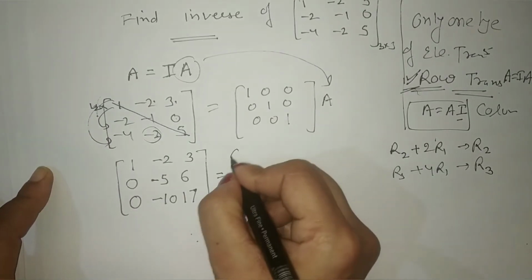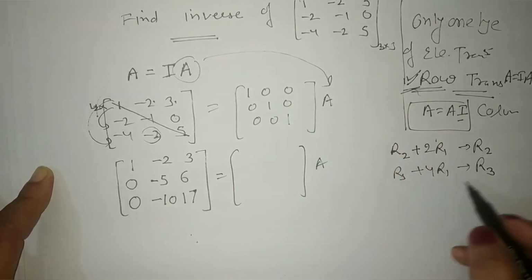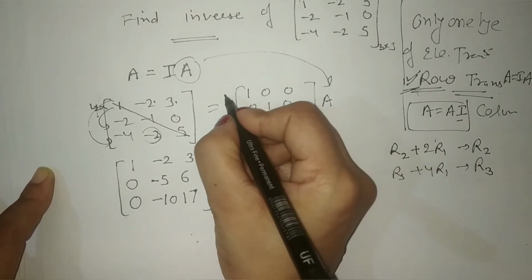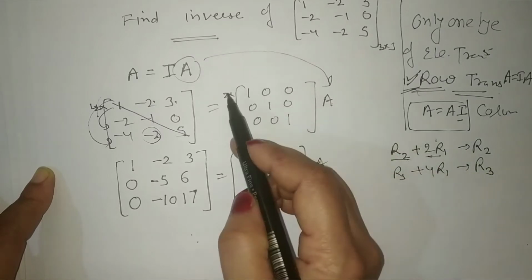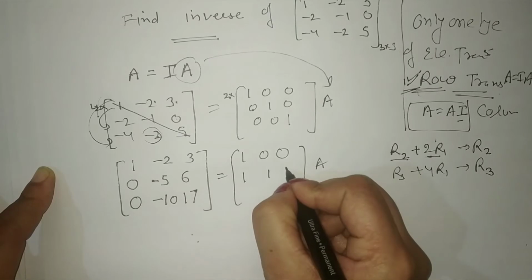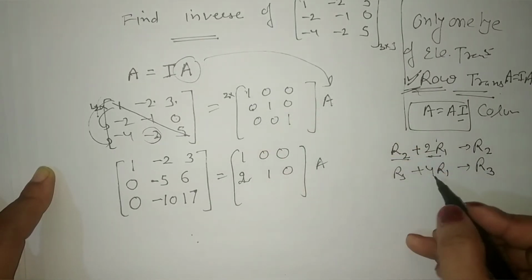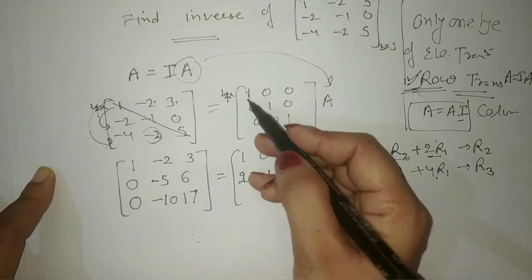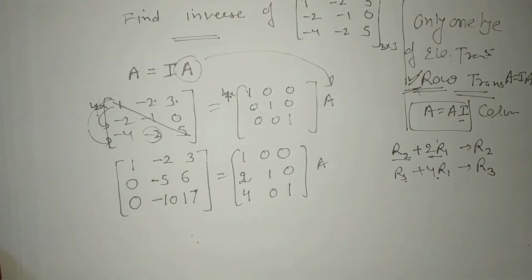Right. On the other hand, you also have to perform the same operation on this matrix. The same operation means keeping the first row as it is. We multiply the first row by 2 and add it to the second row, and it will give us 1 1 2 1 1 0. Multiplied by 2, we get this. Then we multiply the first row by 4 and add it to the third row. So 4 plus 0, 0 plus 0, 1. So this will be our matrix.